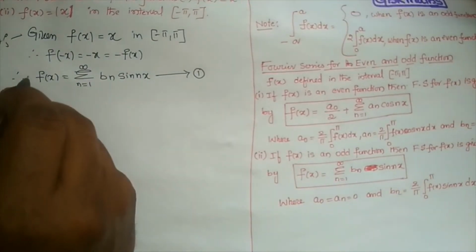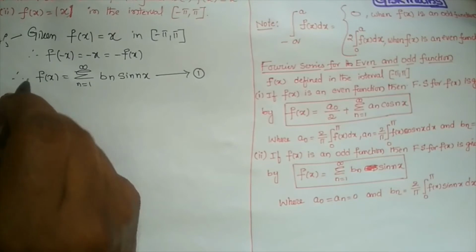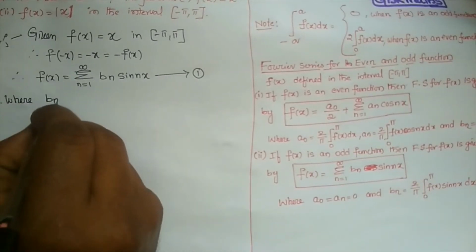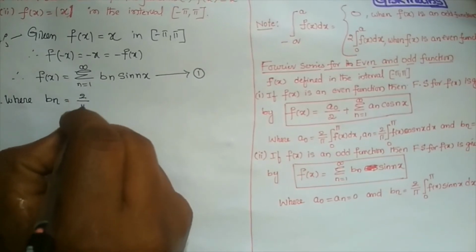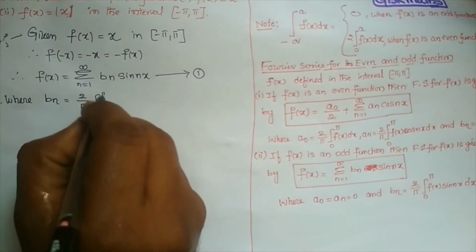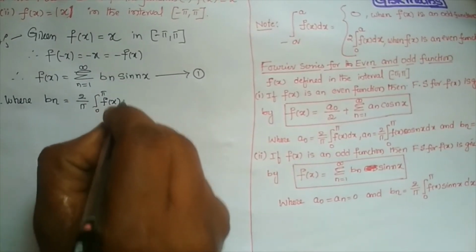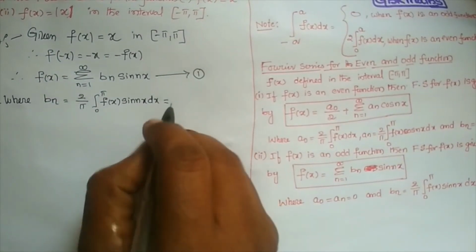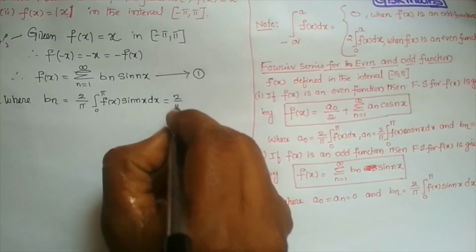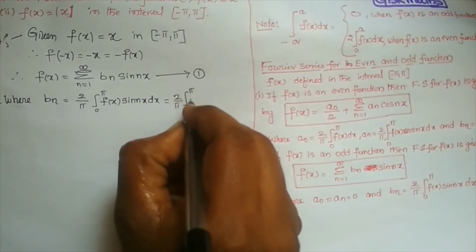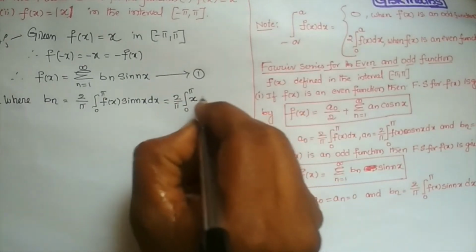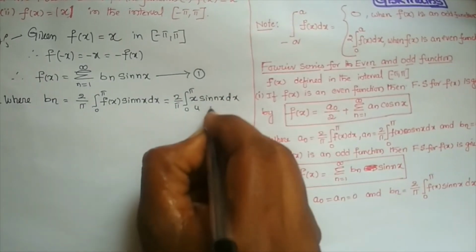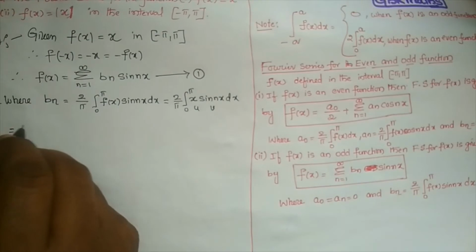Here f of x is x. So therefore bn is equal to 2 by pi integral 0 to pi f of x sin nx dx, which is equal to 2 by pi integral 0 to pi, f of x is replaced by x, sin nx dx. Again we can apply the Bernoulli rule. So this is equal to 2 by pi into